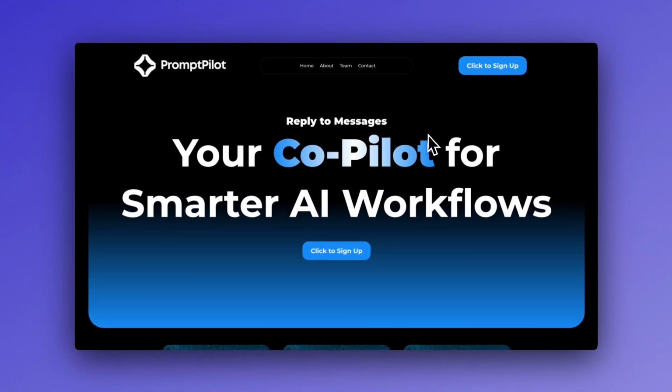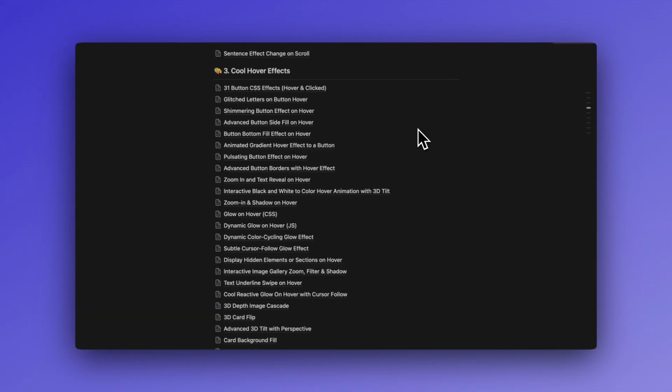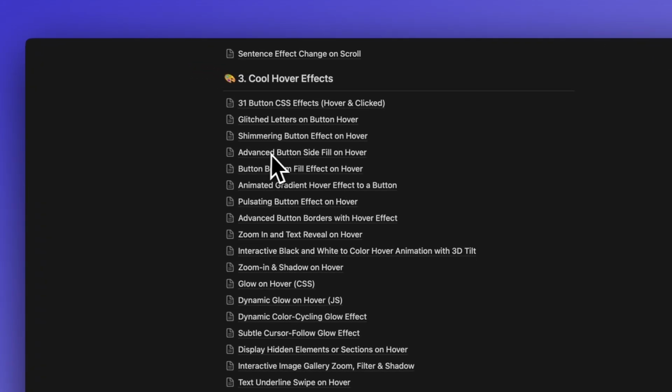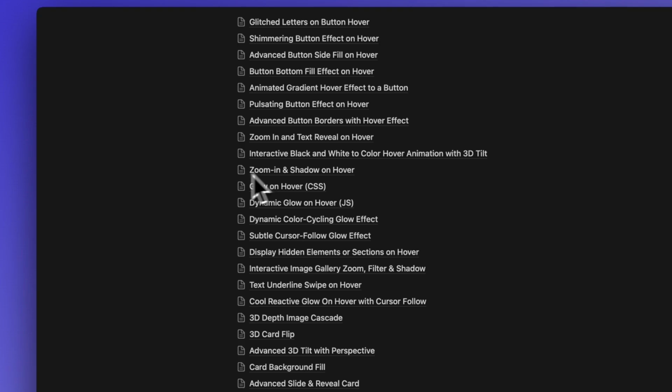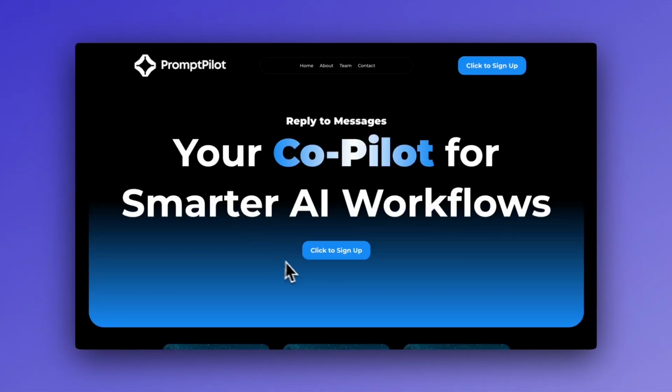on your website. For the number 9 spot, I added two effects, and we are talking about Advanced Button Side Fill on Hover and Zoom In and Shadow on Hover. Those two effects combined can really make your website buttons pop and grab the user's attention, as you can see